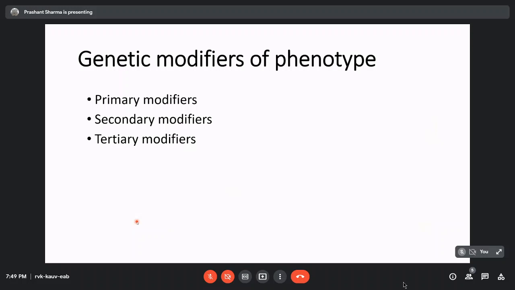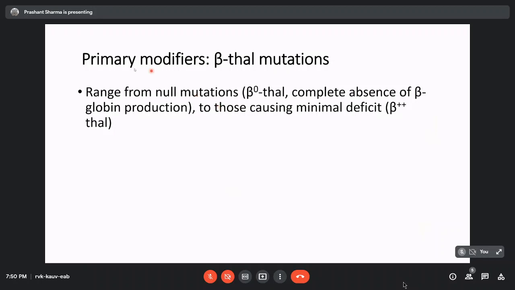And the underlying observation behind this next part of the talk is the fact that even thalassemia patients with the same genotype don't always behave clinically the same, that is, they don't have the same phenotype. Or another way of putting it is that thalassemia is a monogenic disorder, but clinically it often behaves as a polygenic defect. And that is because, in addition to the beta globin gene defect, other genetic modifiers also come into play. So let's start with what are primary modifiers.